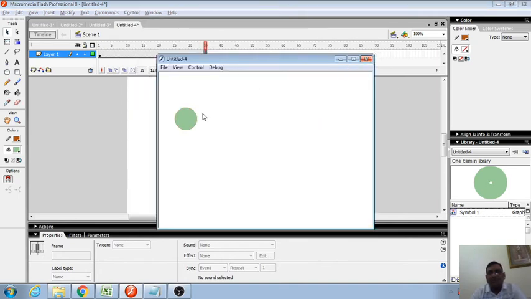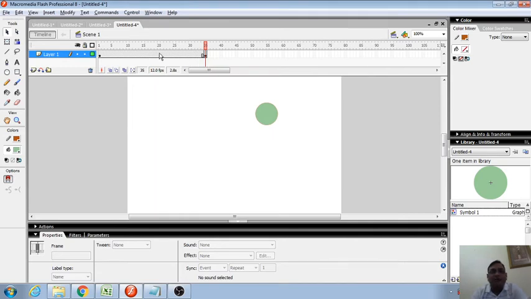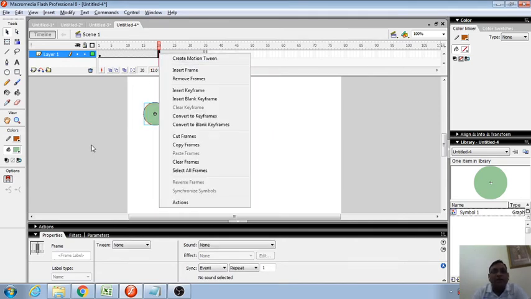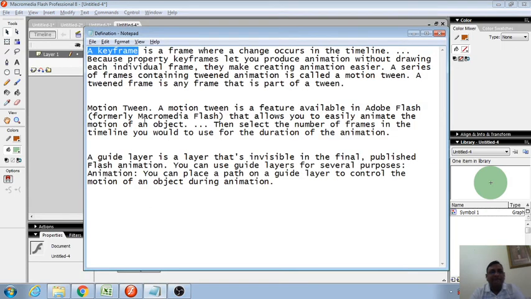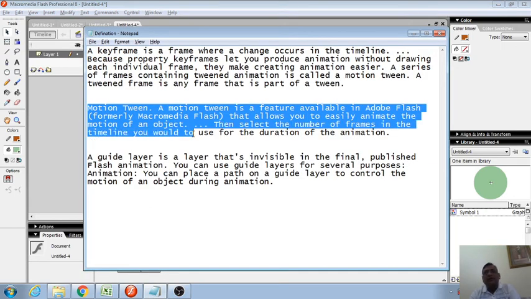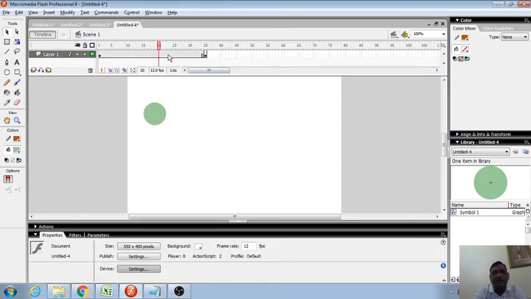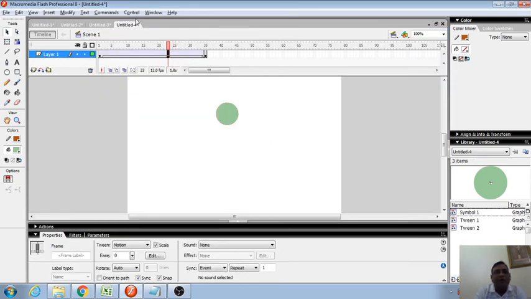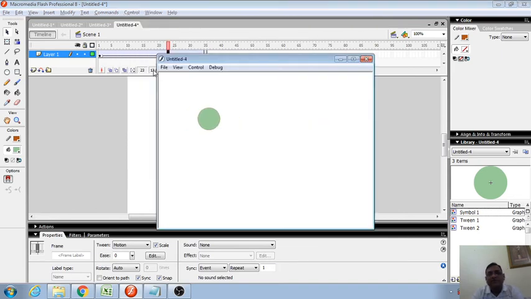nothing is there now. See, one time it comes after the 12 seconds and goes, smoothness is not there. So if you want to make it smooth, right click and create motion tween. So this is the motion tween available here. If we want our animation to work smoothly, then we have to convert it into the motion tween. So let us make it the motion tween here. Right click, create motion tween, and now if you go to Control and test the movie, see, our animation is moving smoothly. This is the use of motion tween.